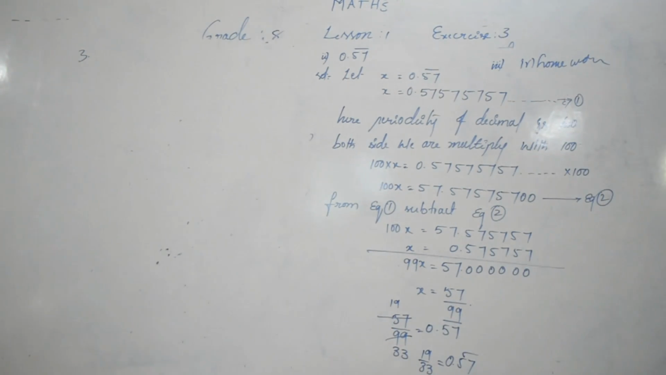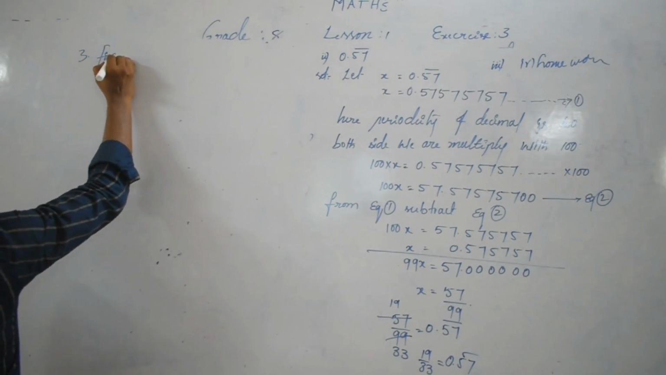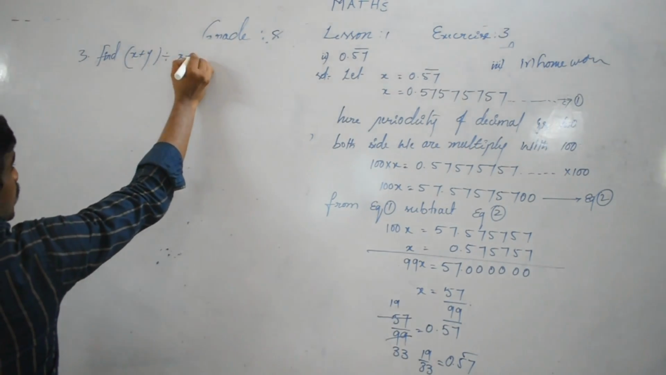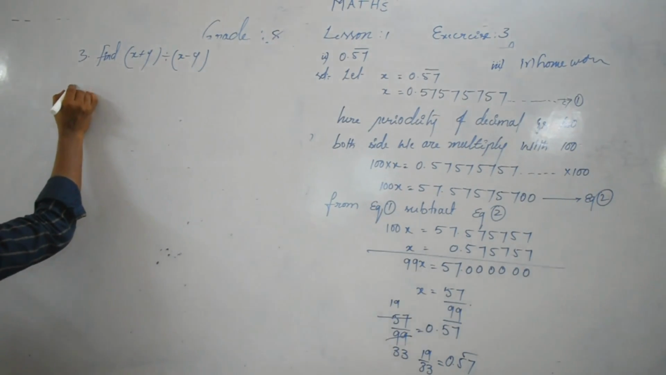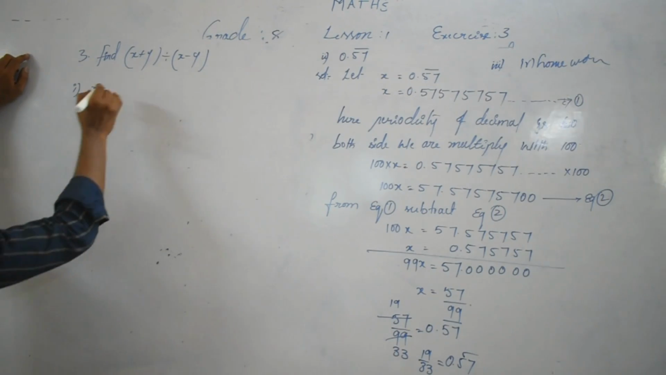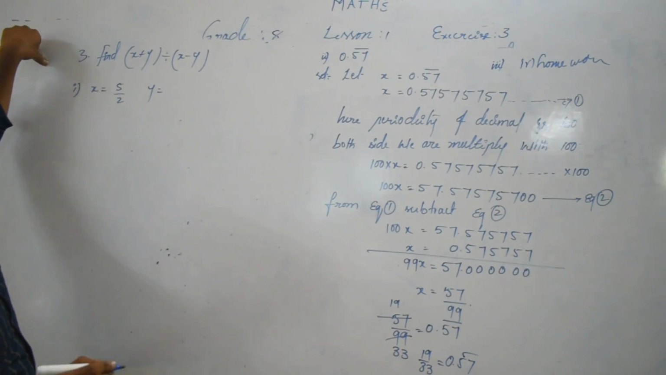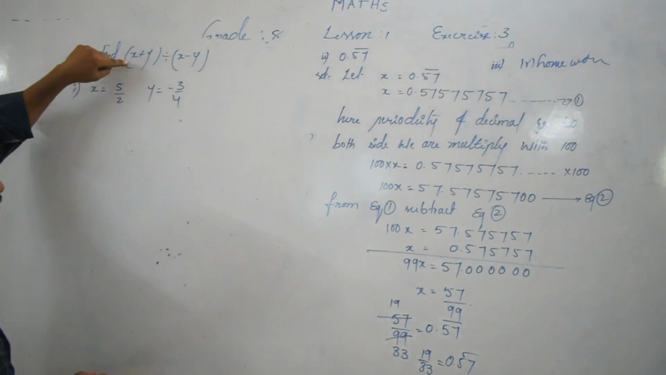Next, third problem, find x plus y divided by x minus y. Here, find x plus y divided by x minus y. So here, what is the x value? X equal to 5 by 2, y equal to minus 3 by 4. So here see x plus y,